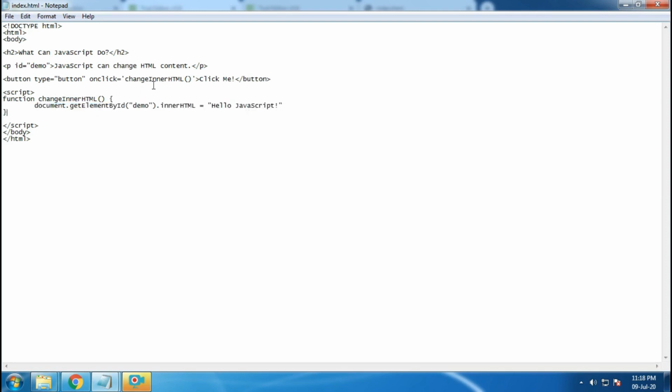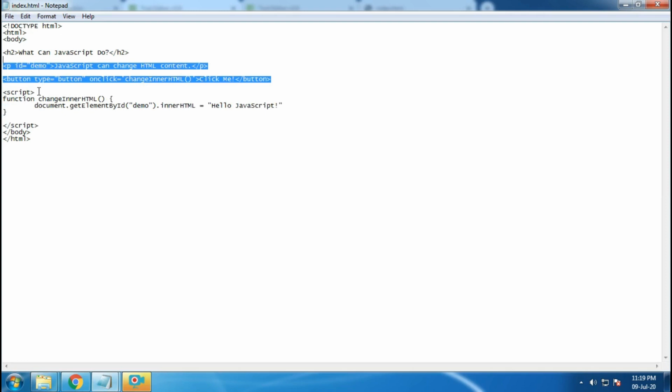So earlier, if you remember what we were doing in this line, we were changing the inner HTML of this element. This will happen the same way, but now we created one function, and inside that we put our script, our JavaScript. But all of this, this function and this JavaScript code document.getElementById, this whole thing is actually JavaScript, right? So we need to make the browser understand what is script and what is HTML.